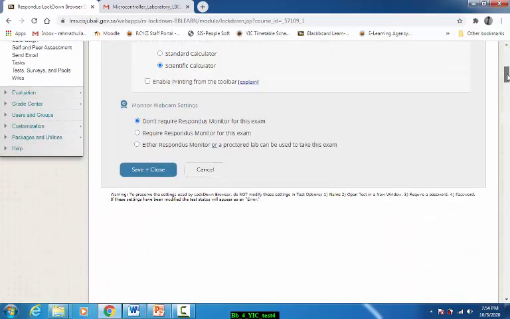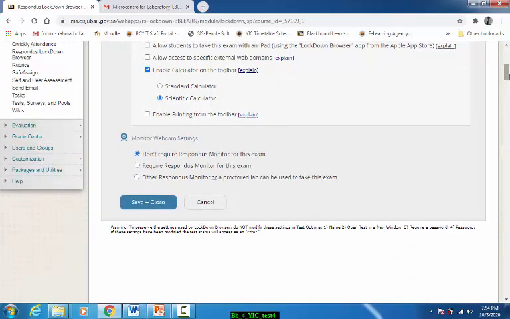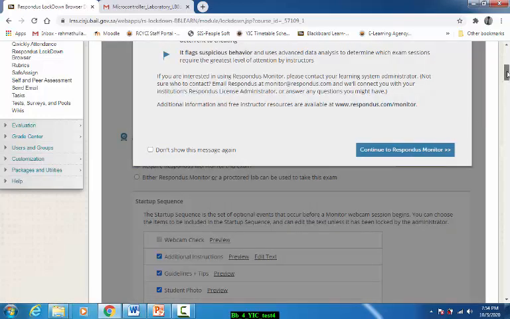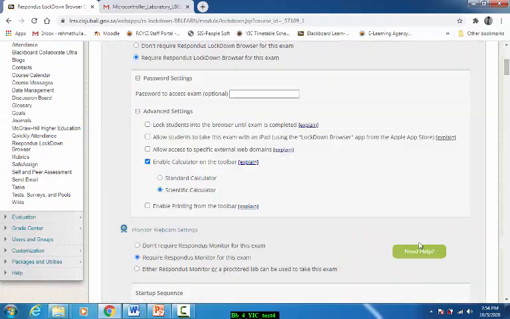I don't want that. I want to have the online monitoring system. That is what we call Respondus monitor. So here choose this, require Respondus monitor for this exam. Yes, it will continue.